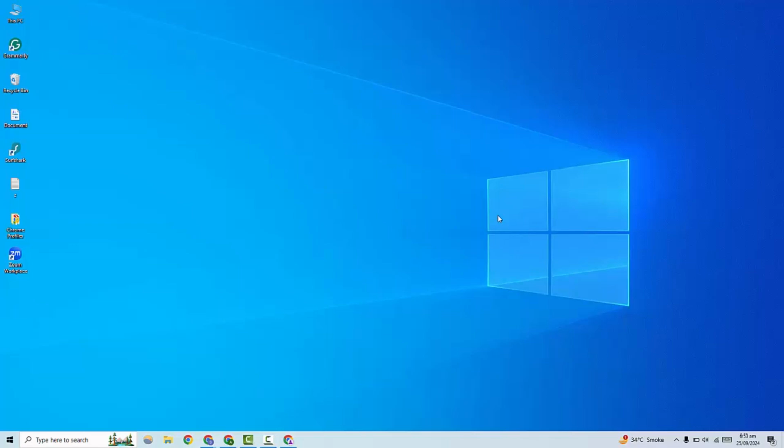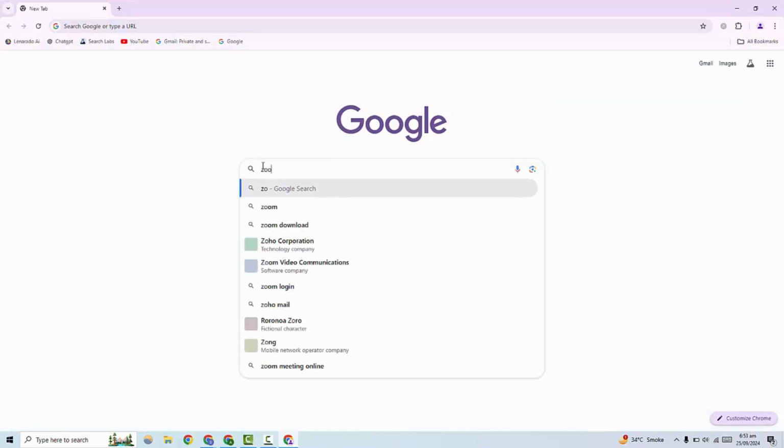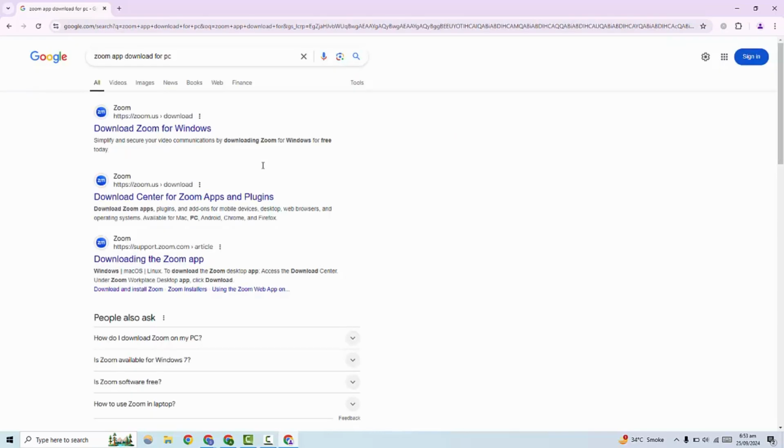How to download and install Zoom app in laptop or PC. First, open any browser and go to the search bar and search there Zoom app download for PC. When you search, then click on it, and from here you can see the first website